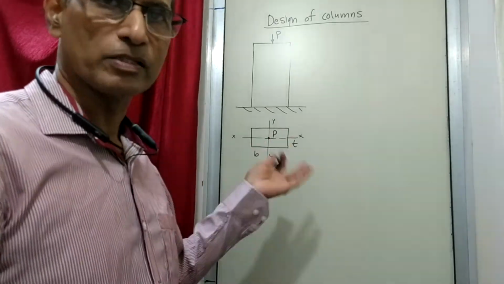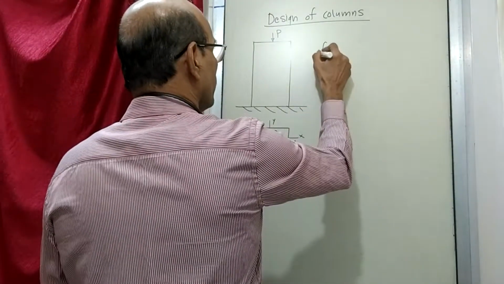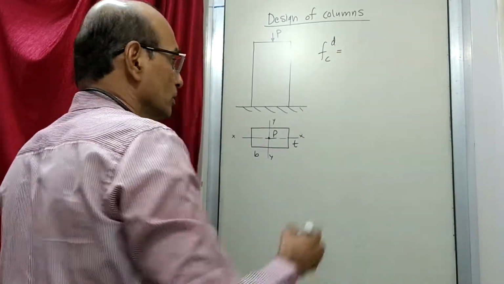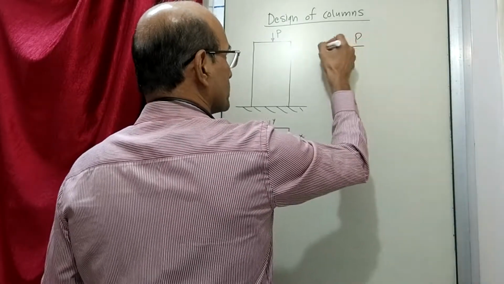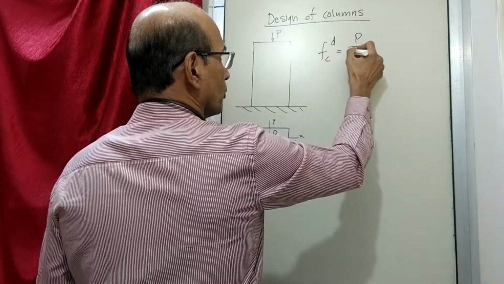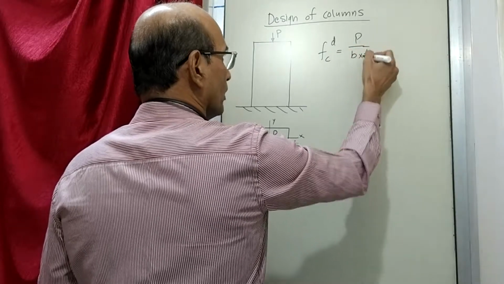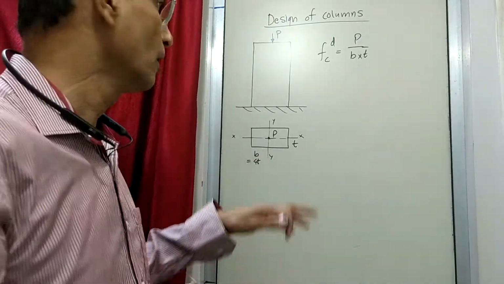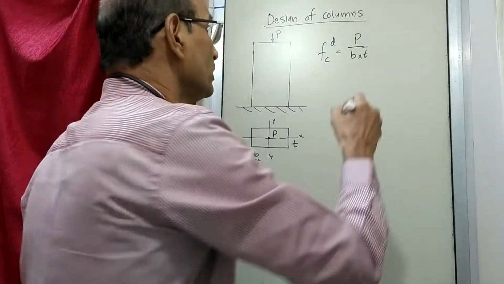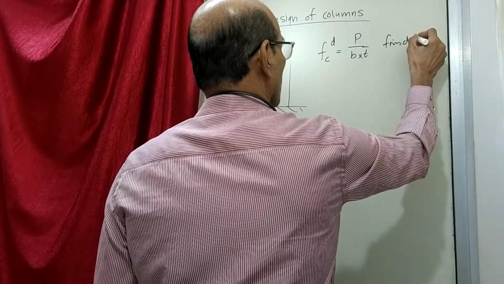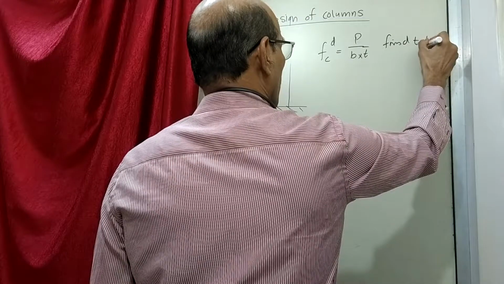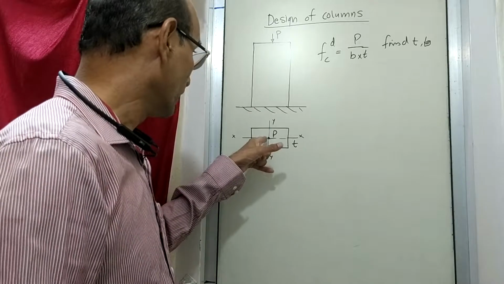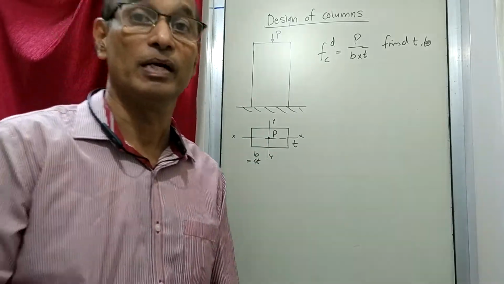What will you do? This is a very simple case. What kind of load is this? Compressive load. Stress is equal to load upon area, so stress is equal to load divided by area. If you know b in terms of, say, 4 times t, or whatever proportion is given, there is only one variable and you can find t, and then b also. So the work is done. You have designed the cross section. So simple it is, if the load is exactly here and it is not causing any bending.